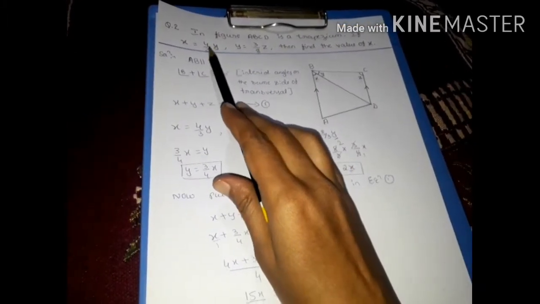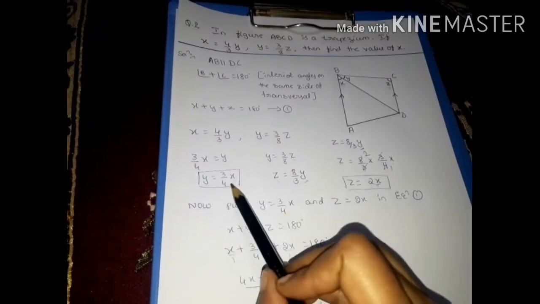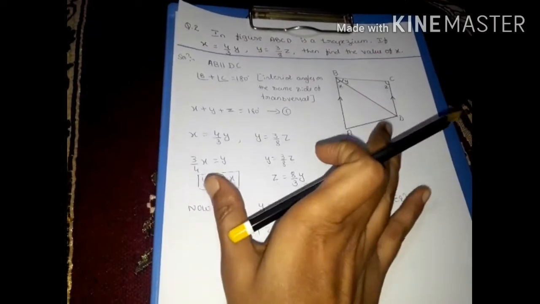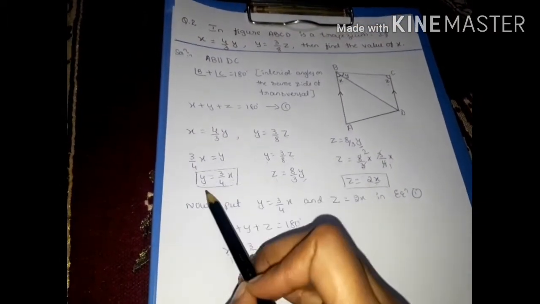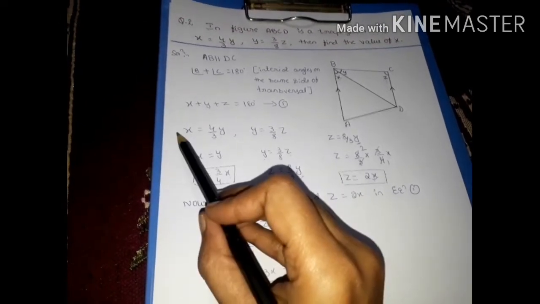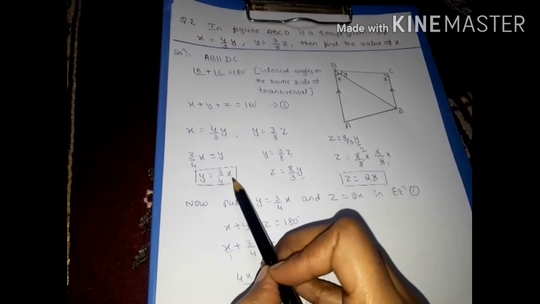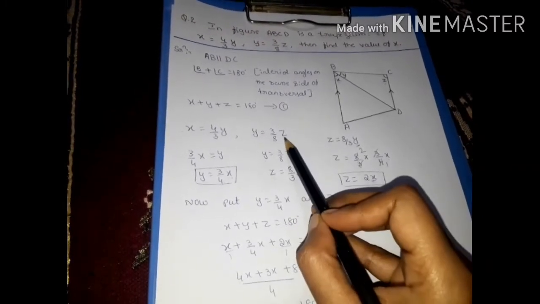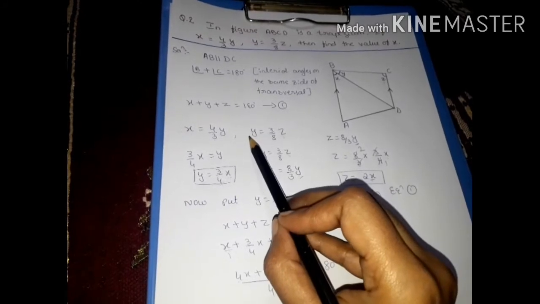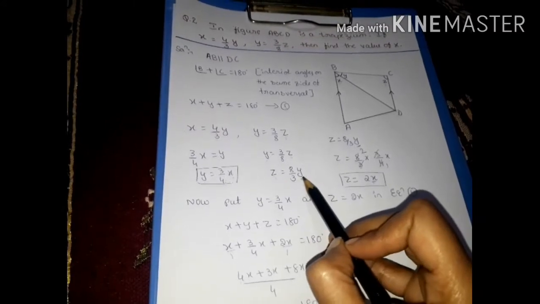They gave x value is 4 by 3y, y value is 3 by 8z. So you have to write and convert each of y and z in terms of x. This step is very important. X equal to 4 by 3y, then y equal to, just take 4 by 3 to the LHS side, it becomes 3 by 4x. Y value we get 3 by 4x. Similarly, y equal to 3 by 8z is given, only you need z. Z keep here only, take 3 by 8 to the LHS side, it becomes reciprocal, 8 by 3y. Again z we got in terms of y.